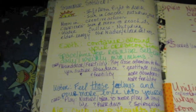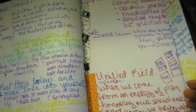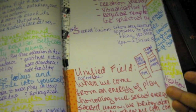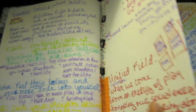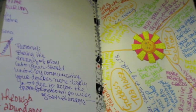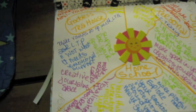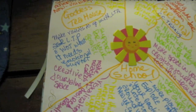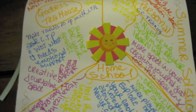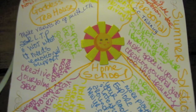Here you see my notes for summer solstice, and as you can see, I didn't use a whole lot of pictures here. I used a lot of different colors, kind of because I was working more intensely with an elemental focus rather than the astrological focus. And then as you can see here, I put a little picture of the sun to represent the summer solstice and the 3 goals that I'm focusing most on, and a little bit of information from the elements of what